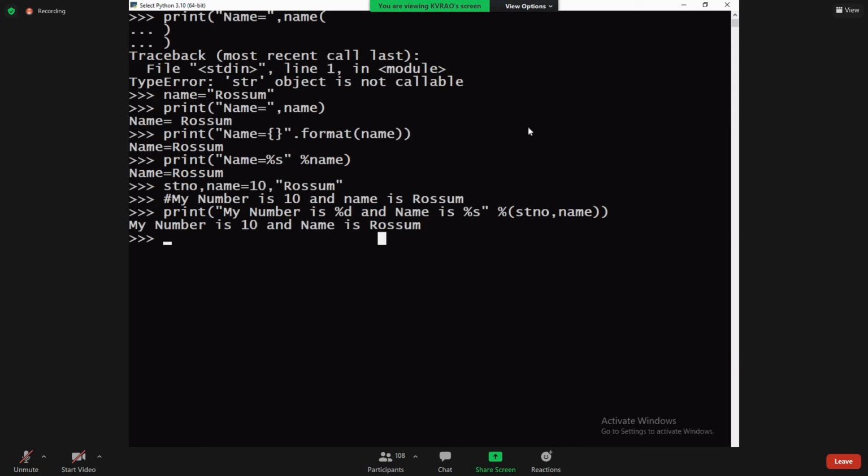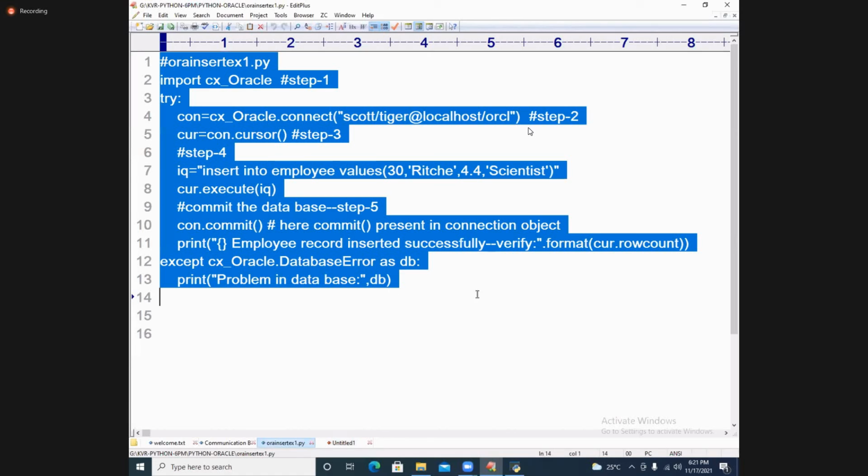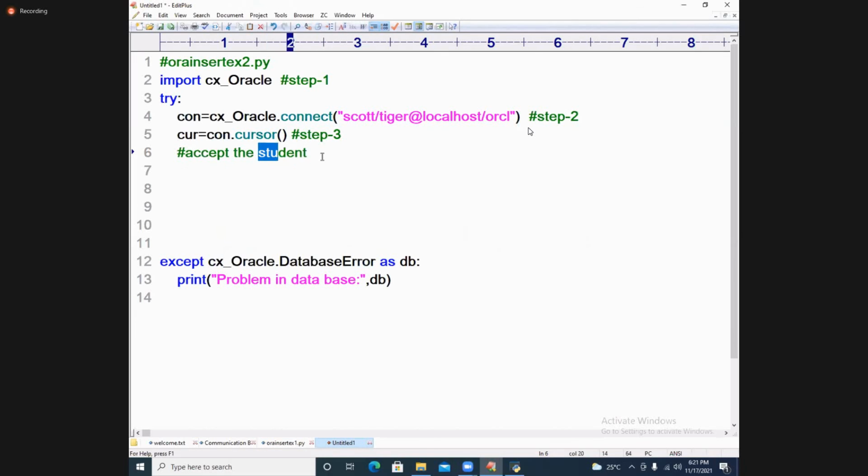Now I would like to ask you to accept the data. All of you, please be careful. Accept the student data, or employee data? Okay, employee data this is. Accept the employee data.